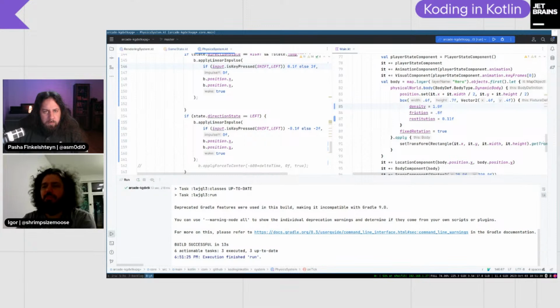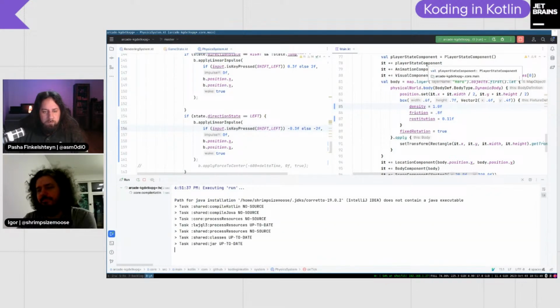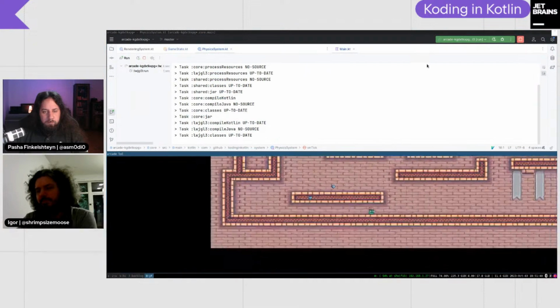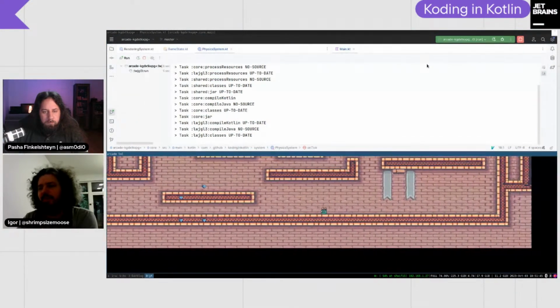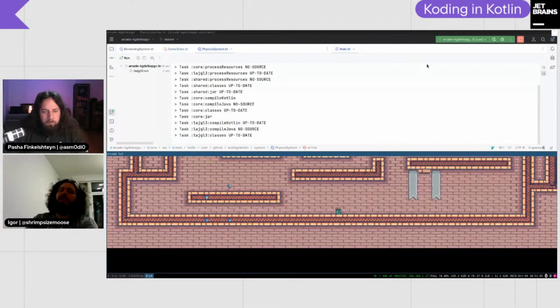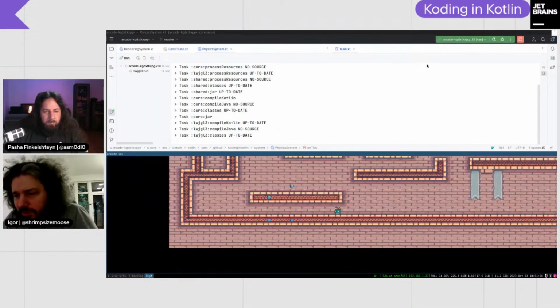Okay, 0.3. Yep. Also I think it's not the inputs that I want to add, it's the top speed that I want to limit.